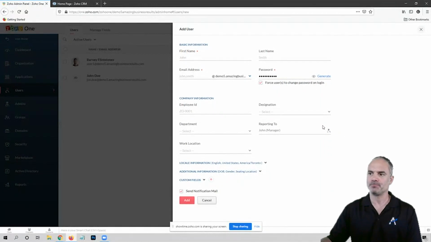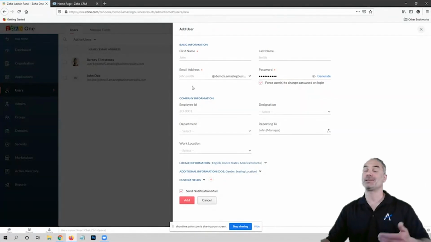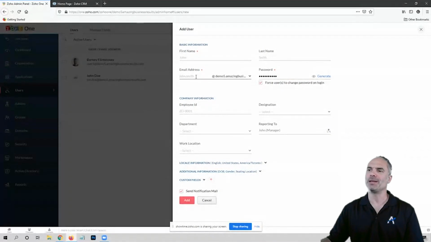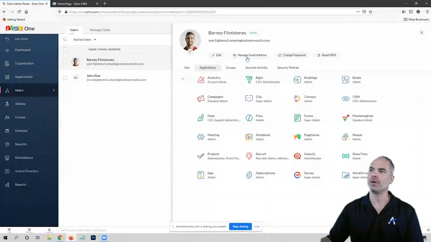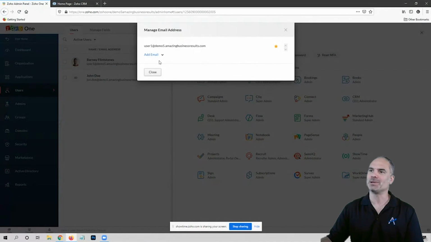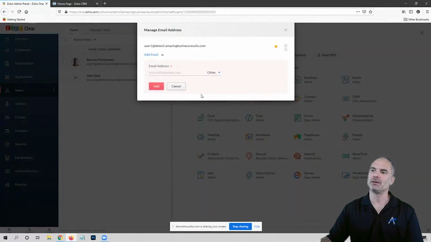All right. So when I set her up as an internal account, does it give me the option of sending her an invitation email to her external address? No, it's not working like that. So what I would do in this case, if you wanted to use her second address, I would probably create her as an internal user with this address. And once she's existing in your system, I would go here to manage email addresses, and I would add the other email address, the Gmail account or Outlook.